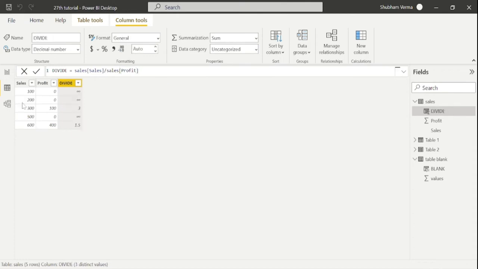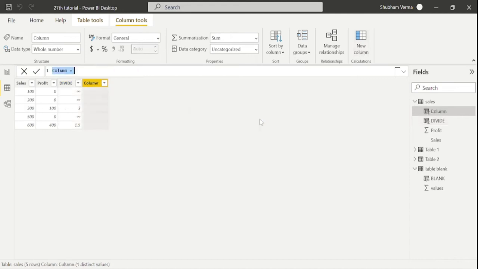So you guys can see wherever the 100 is divided by 0 or any value is divided by 0, it will display as infinity. That means error. That means we can't divide this value by 0. So now we will use if condition here with error function to remove this error. So what will I do? I will take new column from here